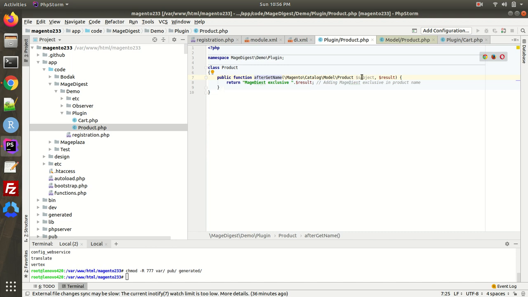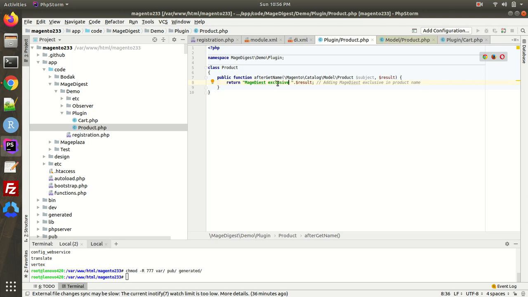We are using the same logic, with the main observed class as the subject, and since we are manipulating the result, that is the response coming from getName, which returns the product's name, I am appending certain keywords. Any sentence or any data, I am trying to append that. So I am adding Mage Digest exclusive to the product name.